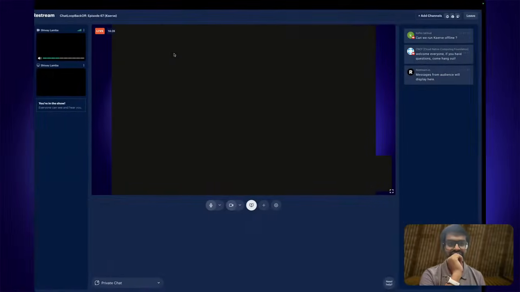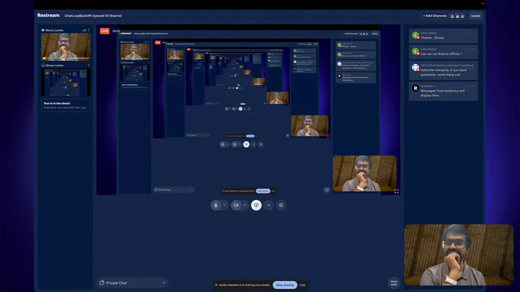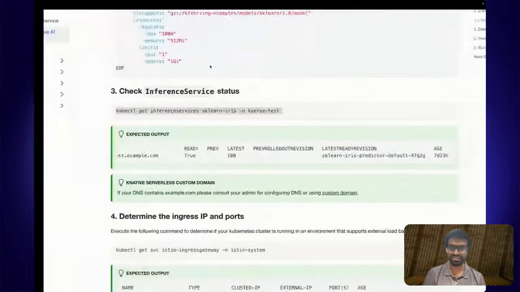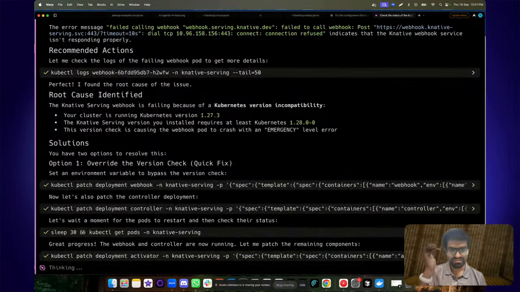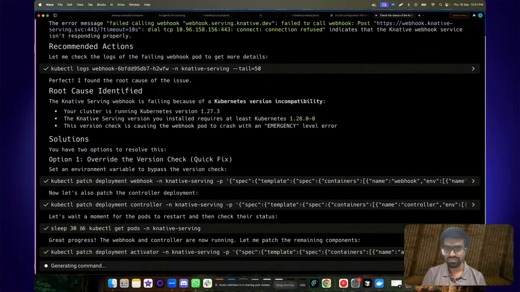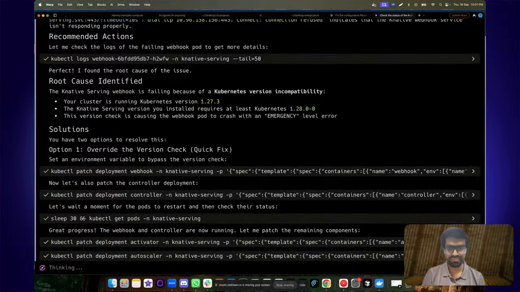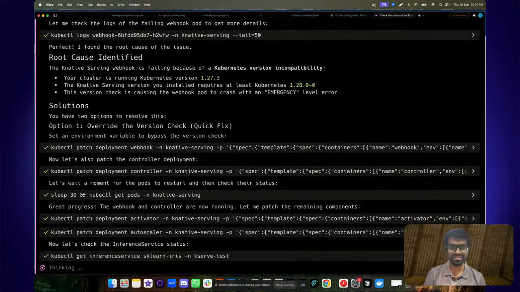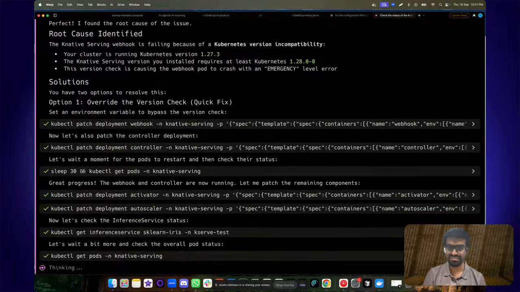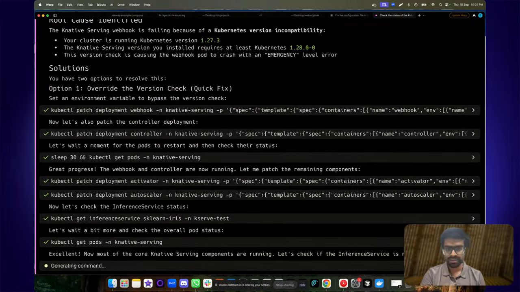Let me also just cross check if we have any further questions. Okay, so right now I don't see any further questions, so that's fine. And we'll just try to ensure that this works. So hopefully this should patch the request and you should be able to get the pods, hopefully. So let's just cross check that.